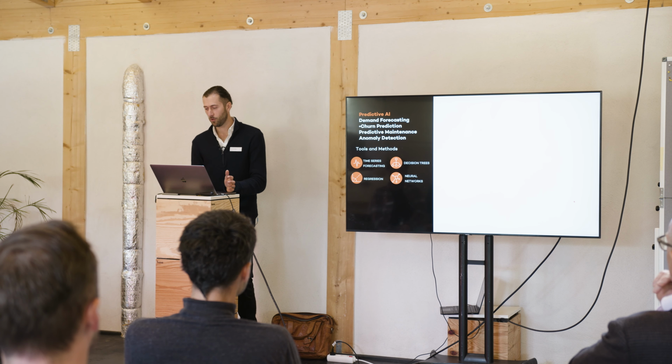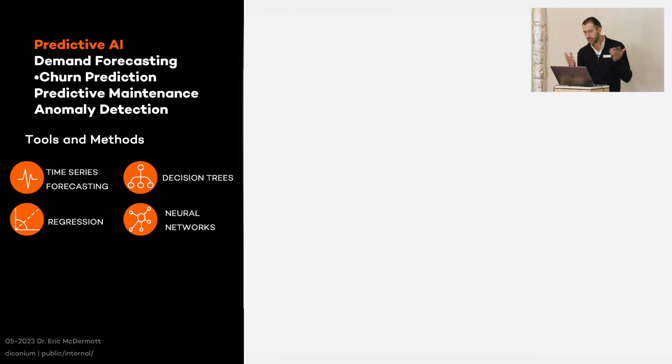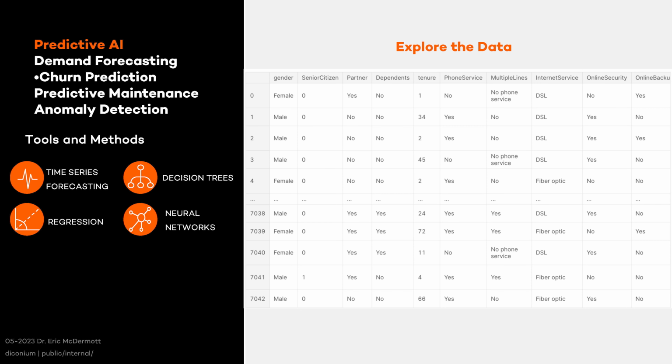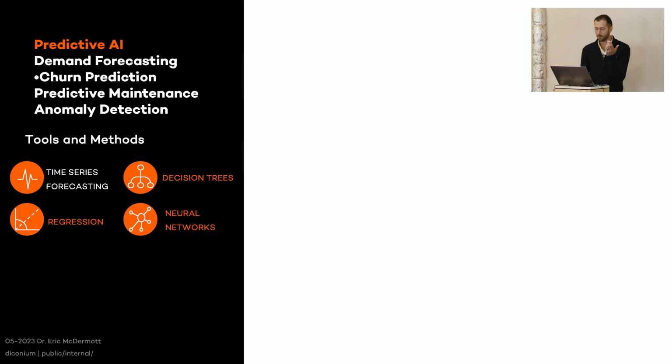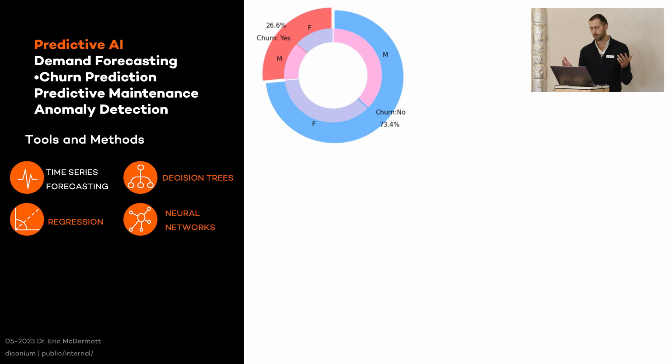Okay, another example is churn prediction, something that's really relevant for companies across the board. Here I have some data from a telecommunications company. As a first step, what we would do here is explore this data. Right now, we can see some things: gender, do you have a partner, tenure, what kind of internet service you have. But we can actually explore this with statistics a bit better. So one of the first impulses would be, are there any differences between, let's say, male and female? And we see, no, there are not. So we would keep on going.